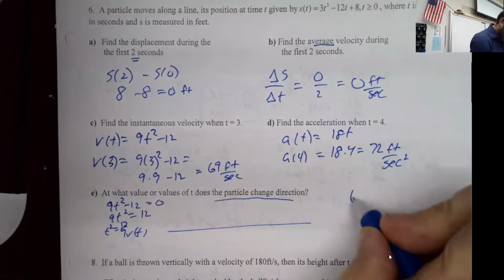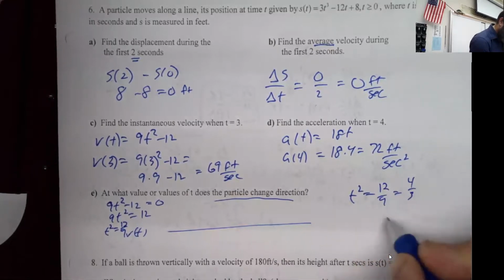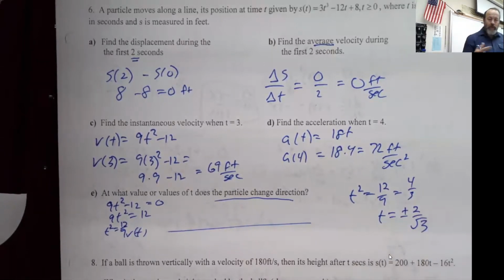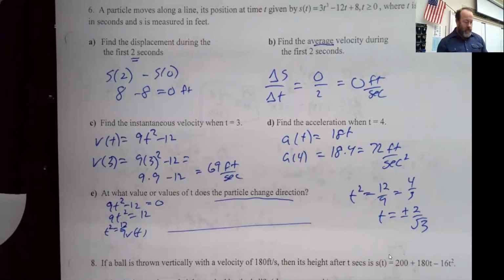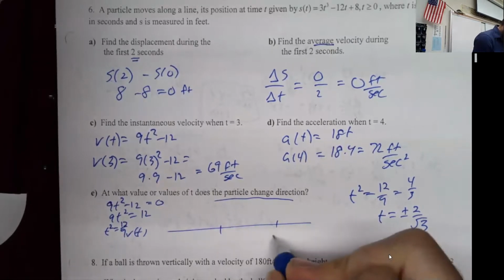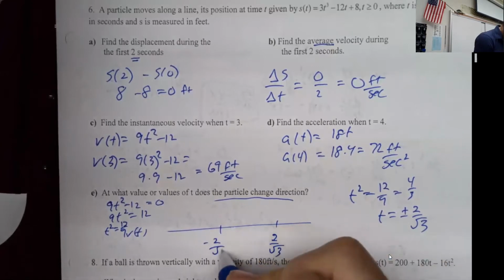So if t squared is 12 over 9, I can reduce that to 4/3, and t would be plus or minus 2 over the square root of 3. Now, we did talk about that, how in calculus, we don't necessarily care if there is a root in the denominator, but I know that 2 over root 3 and negative 2 over root 3 are the places where